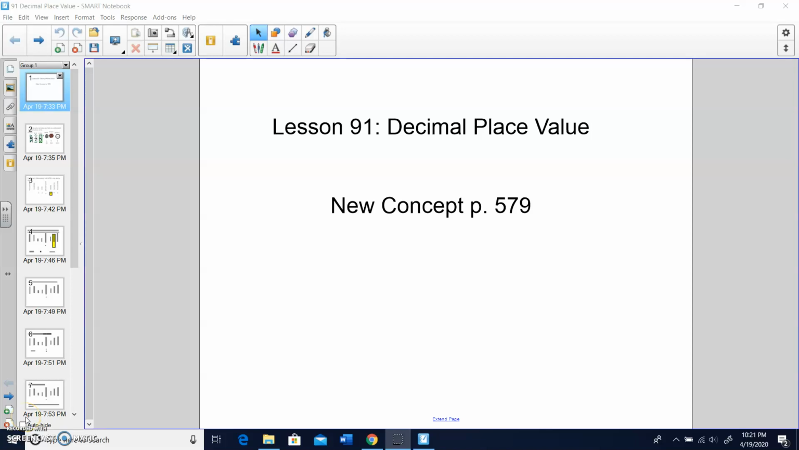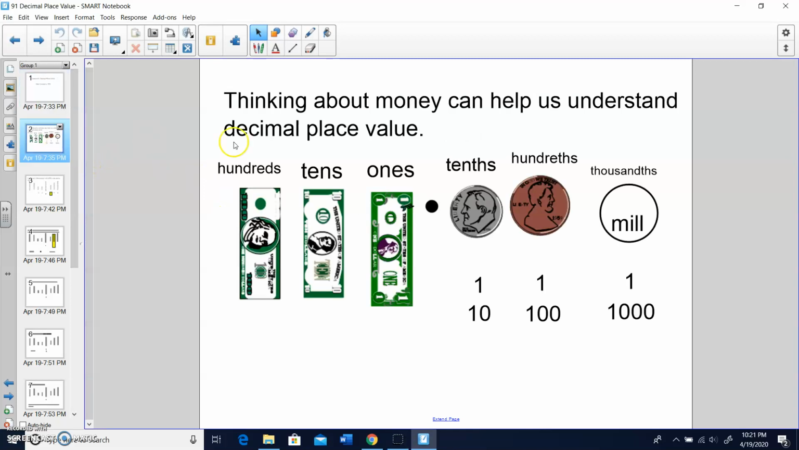Okay, today we're talking about lesson 91, decimal place value. If you're on page 579, that's where the new concept begins, decimal place value. If we're thinking about money, that helps us to understand decimal place value a little bit better. Here is the decimal point. So everything on this side would be the dollars, and everything on this side would be the change, or the